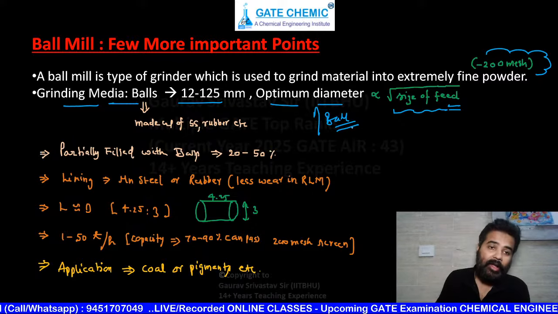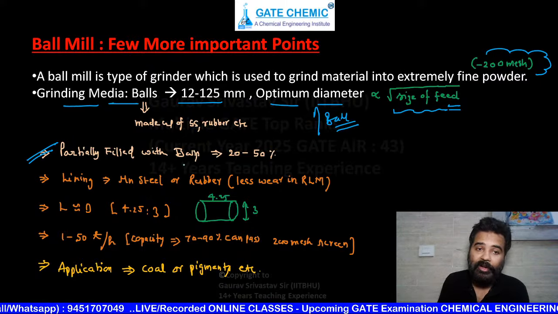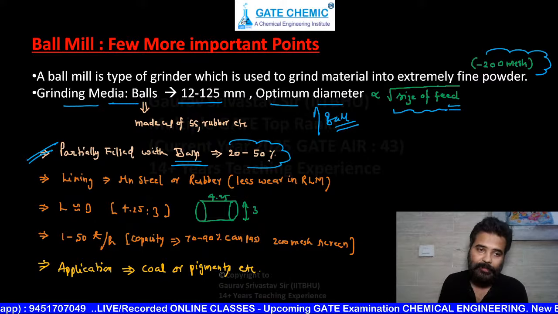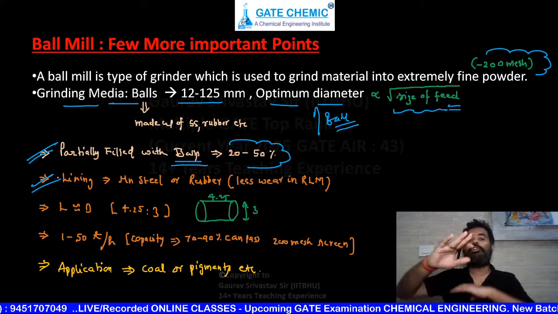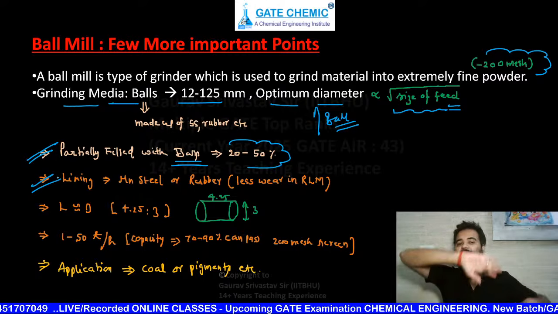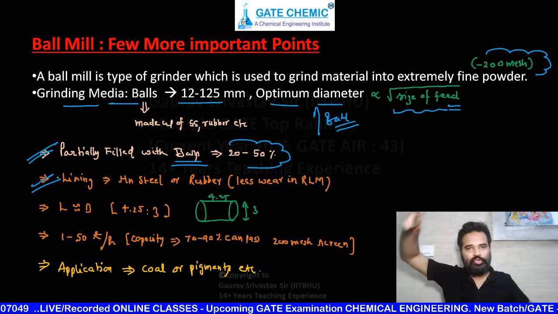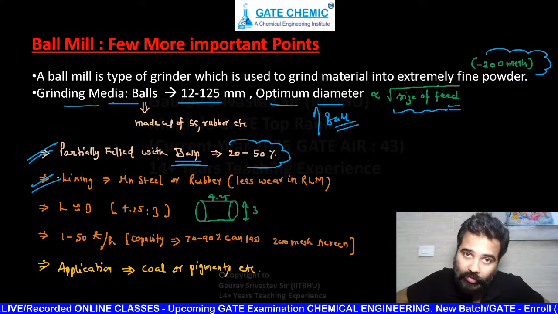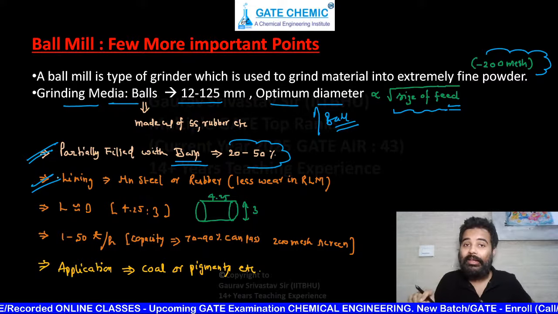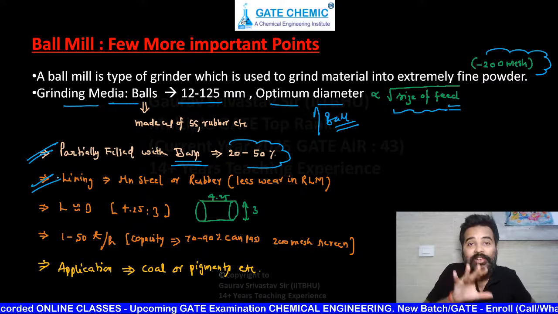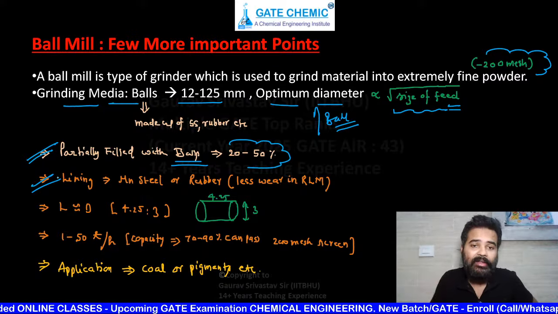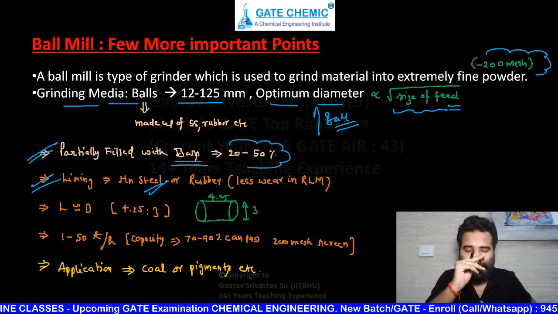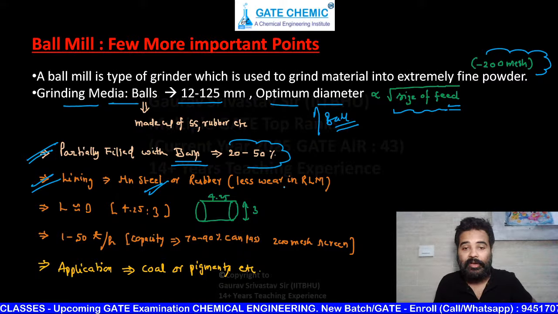Okay, and mills are not completely filled with grinding media, that is balls, only up to 20 to 50%. Here also, because balls roll over the mill surface, they will abrade it. It is going to abrade the wall of the mill, and that is not good for you. So clearly here also lining or coating of some abrasion resistant material is required. Very, very easy, that is manganese steel. In a few cases, rubber is also used. Rubber gives less wear.